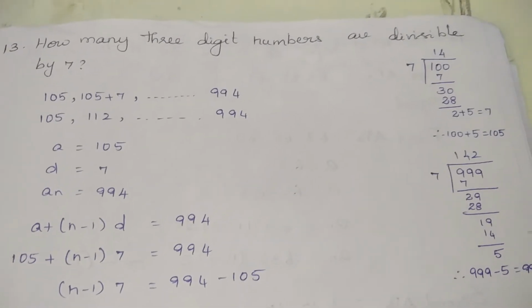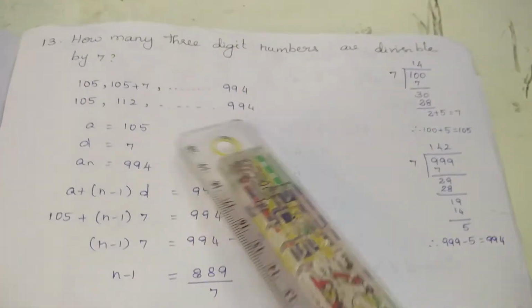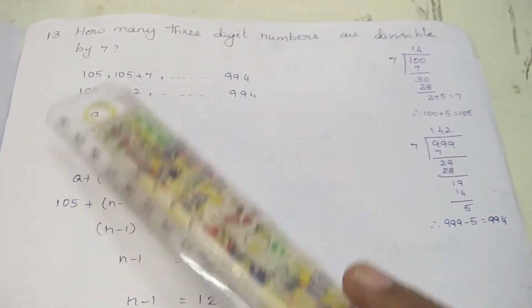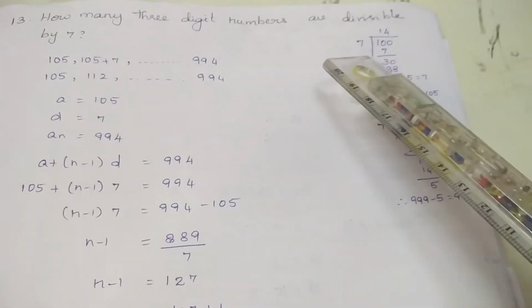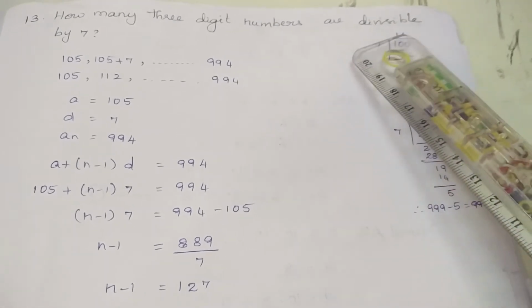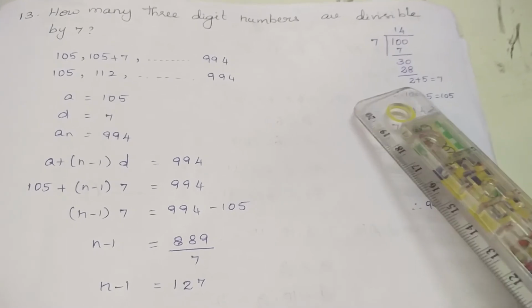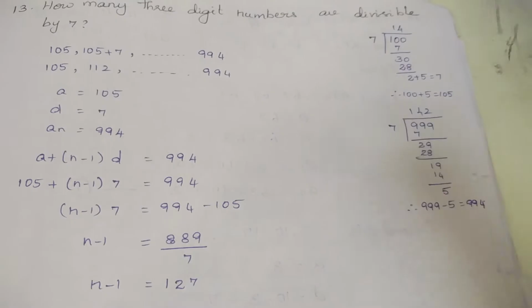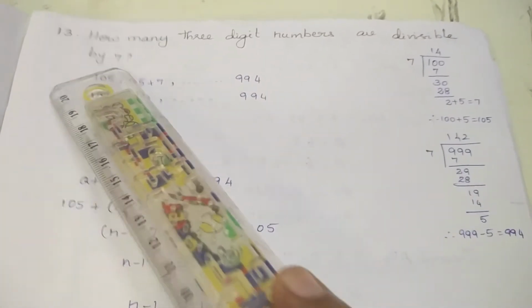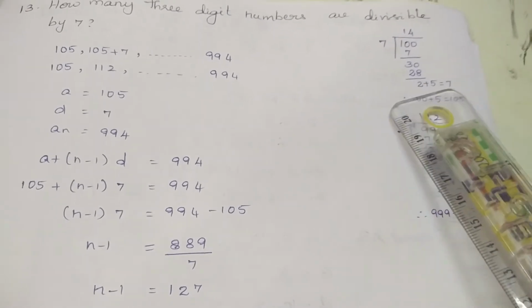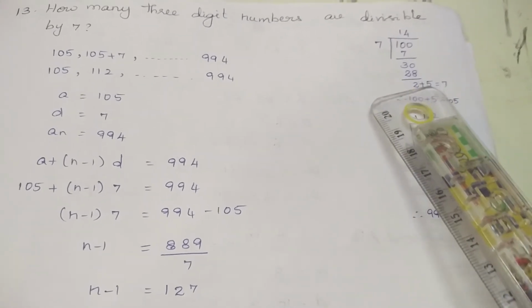How many 3-digit numbers are divisible by 7? So divisible by 7 means 3-digit numbers start from 100 to 999. How to find that first number? So I'll use two tricks there itself. 100 is the first 3-digit number. So for divisible by 7, you find the quotient is 14. The remainder will be 2. With the 2, how will you get 7? Because they are asking divisible by 7. So with the 2, how will it be? Plus 5 you put, it equals 7. So 2 plus 5 is 7. This 5 only you will add to the 100.